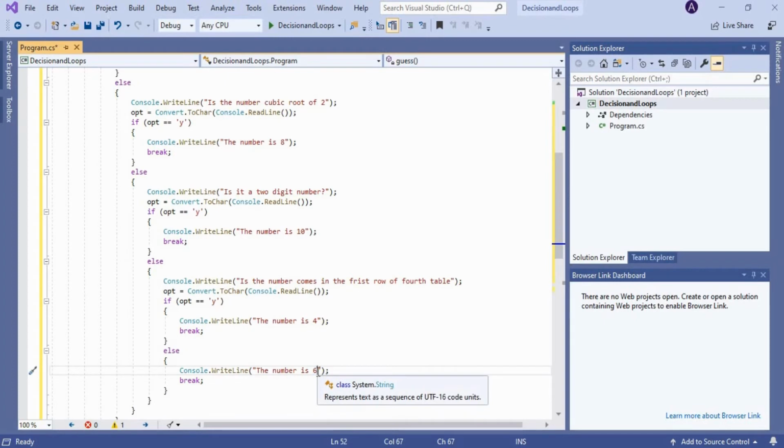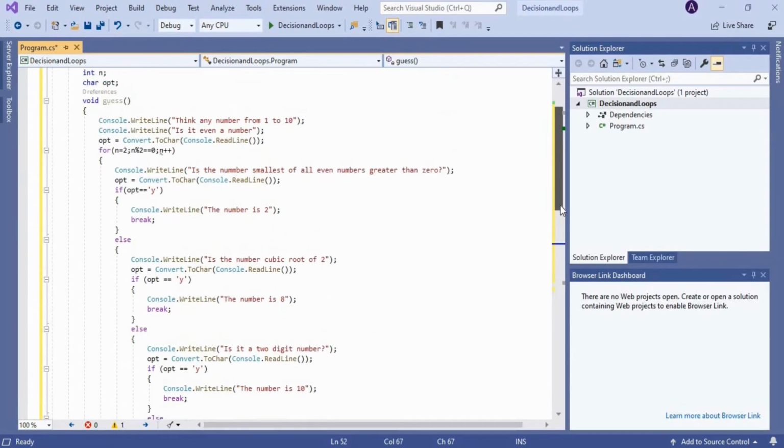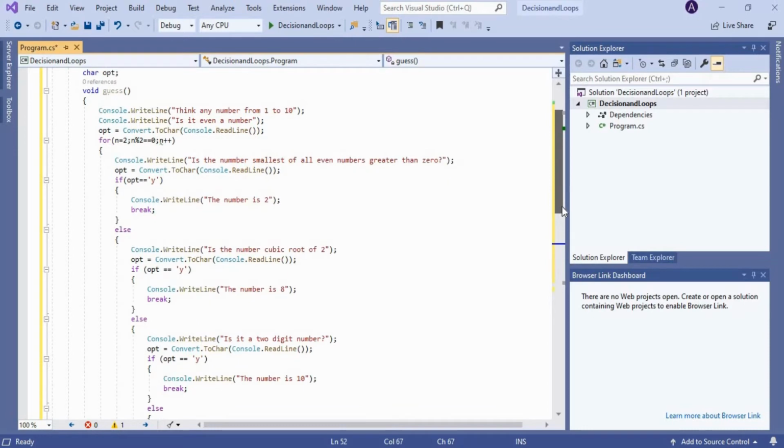So this is a very simple logic we have used to find the number, right? But as we are in the beginning stage, I am using this logic, right? And moreover, to be frank, this for loop is not needed in this case. But I have used the for loop only to demonstrate the looping construct and decision making statement.